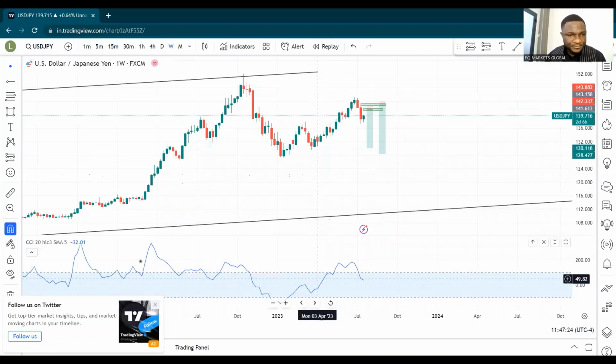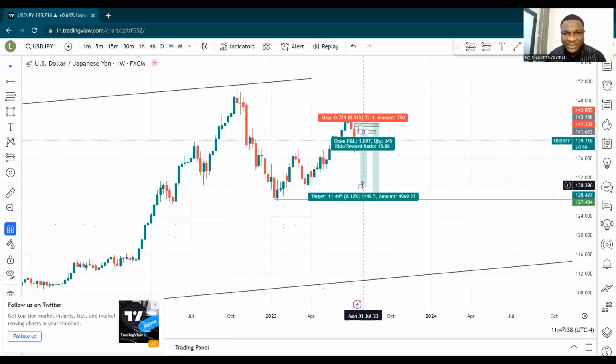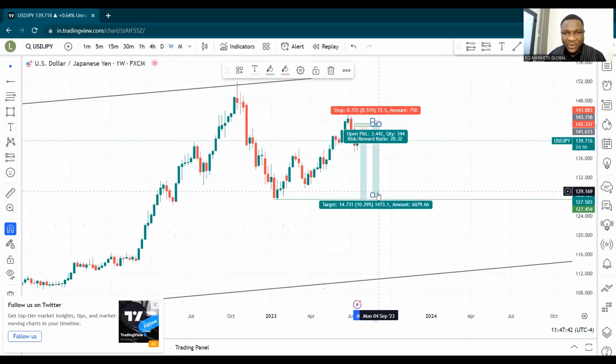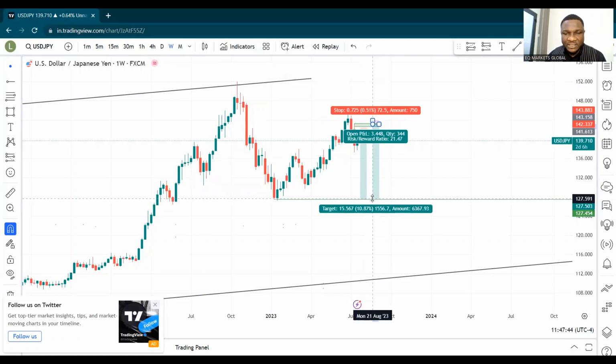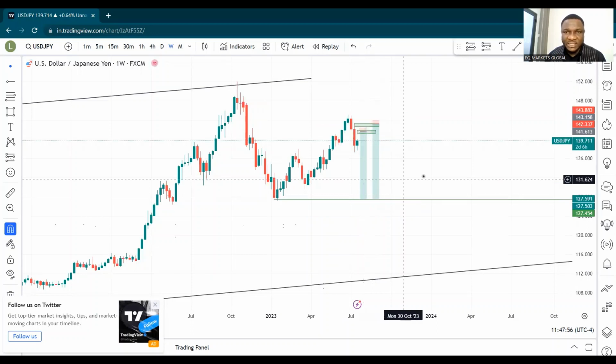Now let's go back to the weekly time frame and let's see this, right? So just a second, take this off, yeah. So I'm literally expecting prices to at least drive back into this zone here. You can see this area, right? It simply means that I can extend even my take profit to this area, or as well extend this take profit to this area. So in all, for the second entry, I will be expecting 1:15. All right, and for the first entry, I'll be expecting 1:14 risk to reward.